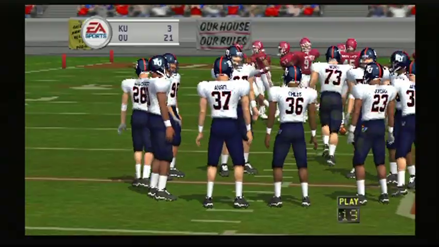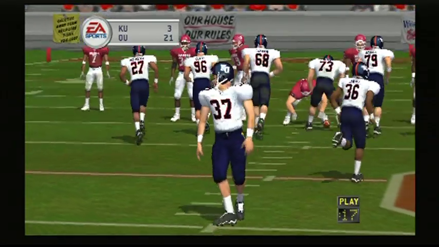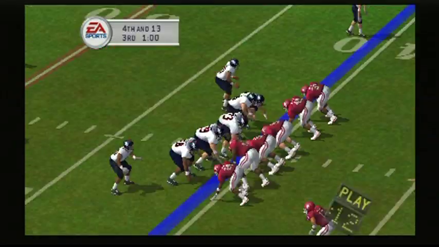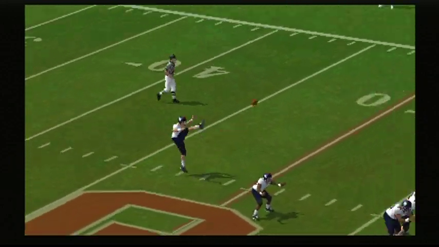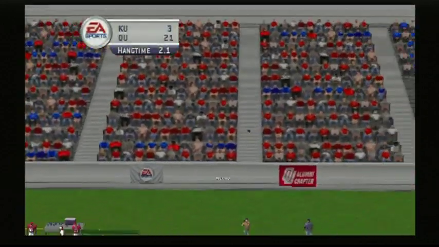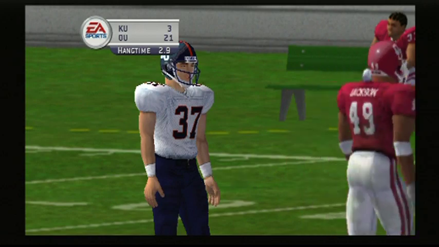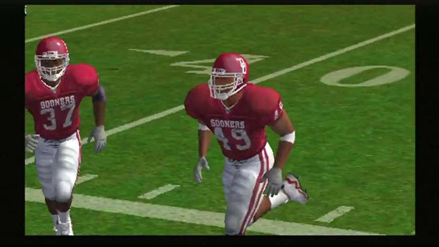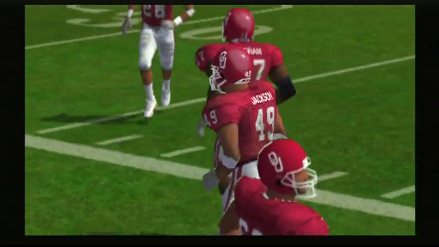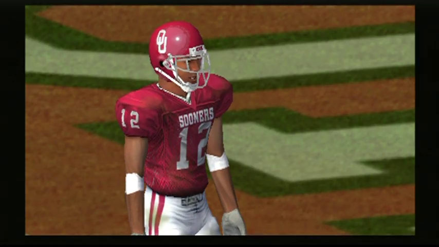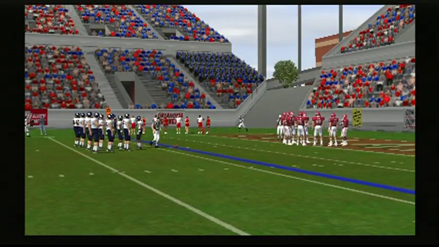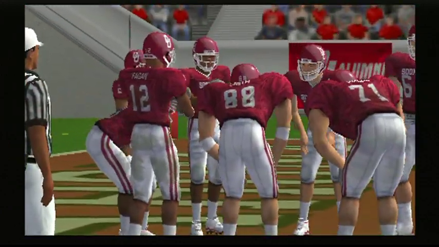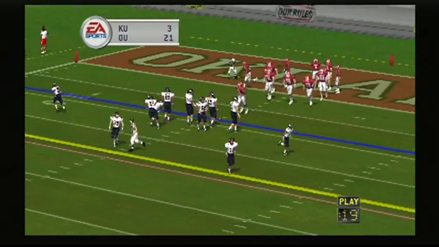It's 4th down now. 13 yards to go. Ball on the 41. Number 37 to punt this one away. Fagan signals for a fair catch. They'll go to work at the 9-yard line. Ball on the 9-yard